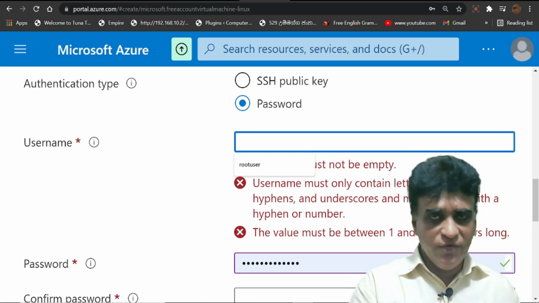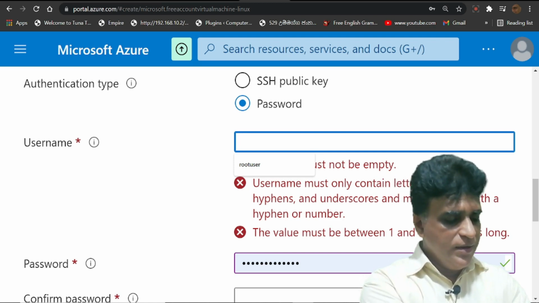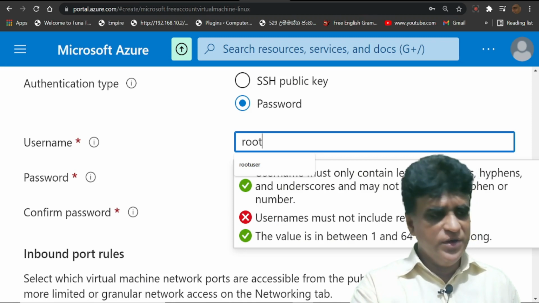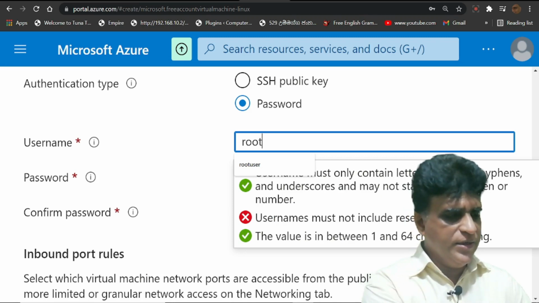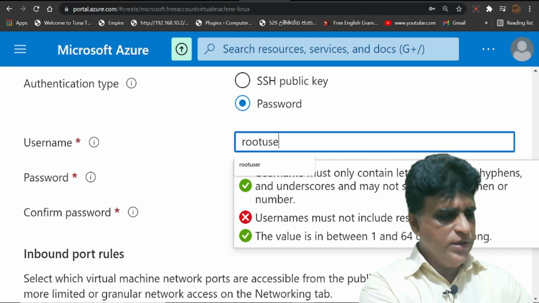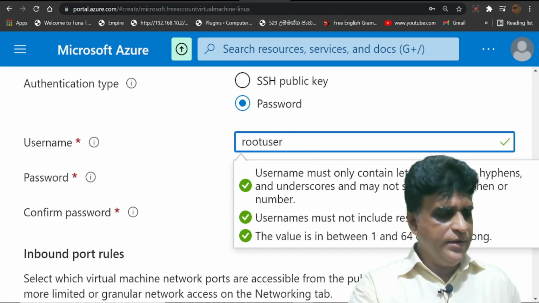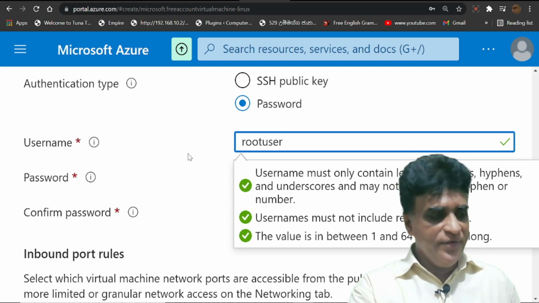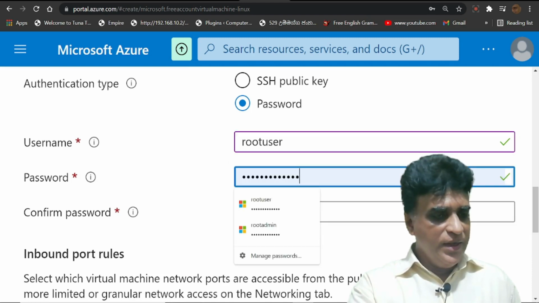That is a reserved word, and there are many like it. Just to see, I am typing root here, and now it says usernames must not include a reserved word. Then I am adding another word to root. Now it is complied, all are green, that means I comply with the username requirement.